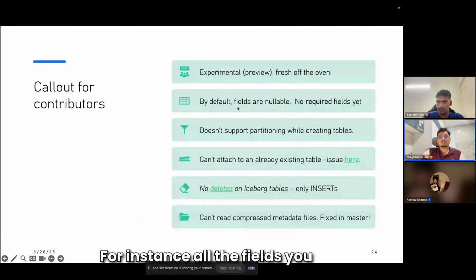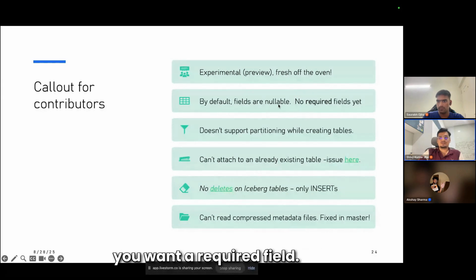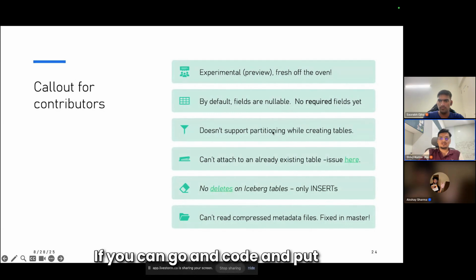For instance, all the fields you will see in ClickHouse Iceberg integration are now made nullable. If you want a required field, that's just not possible. While you're getting tables, you wouldn't have partitioning. These are obviously things that I'm pretty sure will be fixed in the near future. If you can go and code and put a solution for this, I am very hopeful that somebody will pick up the review and very happily merge it.